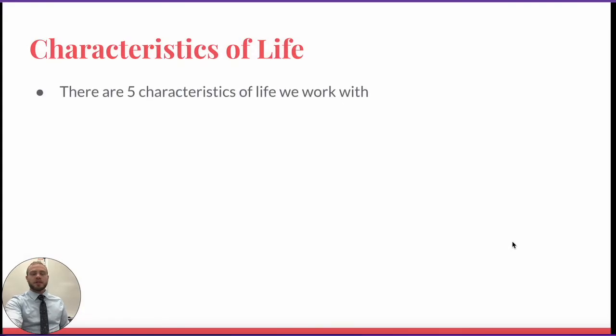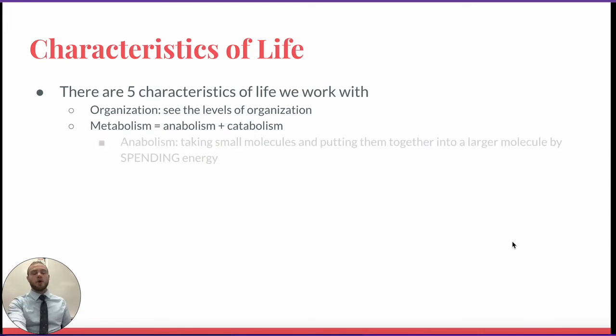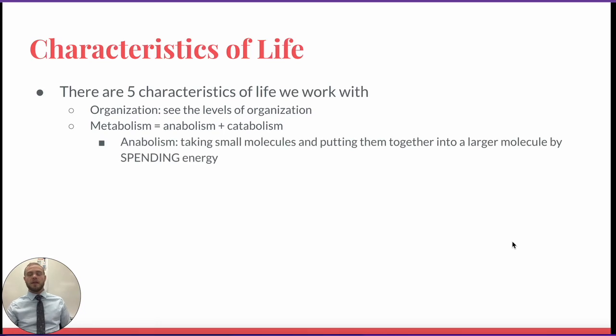There's 5 characteristics of life that we're going to take a look at. With this class, you're going to see that life is organized, and we already talked about that with the levels of organization. Living things have a metabolism, and that's going to be the sum of all anabolic and all catabolic processes within the organism. So anabolism is going to be taking small molecules and putting them together. You're going to be building a larger molecule, and in order to build a larger molecule,